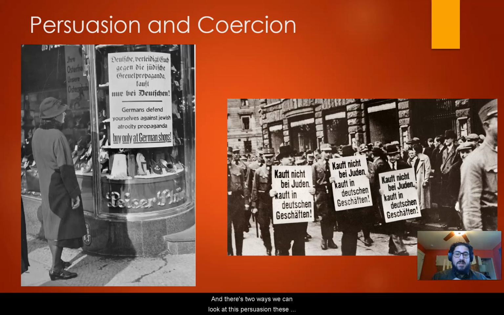And there's two ways we can look at this. Persuasion. These three men here, regular guys wearing their outfits, because this is normal attire for the time period, saying, we need to kick out the Jews to make Germany pure again. Right? If you just look at those first three guys with their signs, all right, cool. Message received. But if you look right behind them, look at all of these military soldiers walking behind them. They have batons. Right? There's a clear, implied threat here.